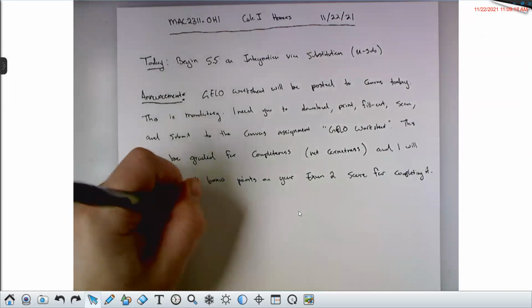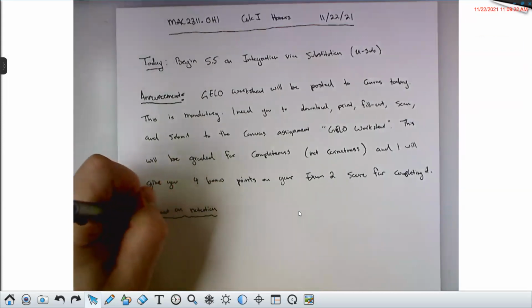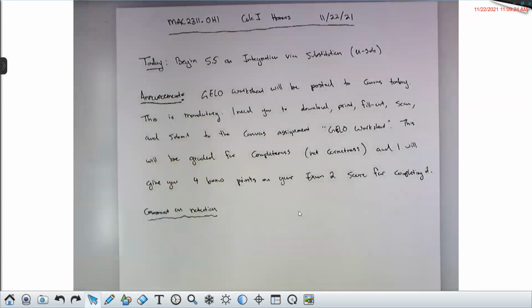But I have a question. How did you grade the score of this sheet? So like I said, it's just for completeness. So if you submit the thing, you're going to get all 4 bonus points. And then when it comes to assigning the Jello itself, I don't do that. These will get passed around to the rest of the department, and other professors will look at the work and decide whether that is a successful Jello or not. But your grade will just come from submitting the completed worksheet.